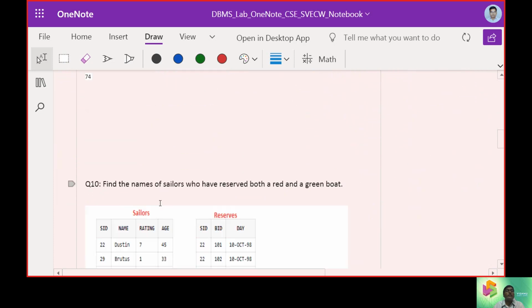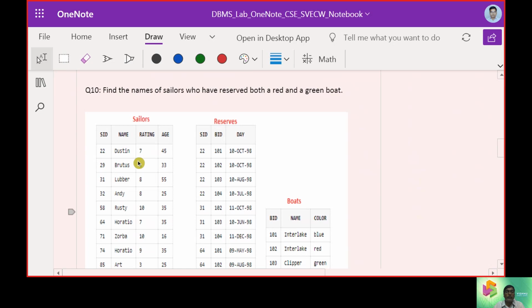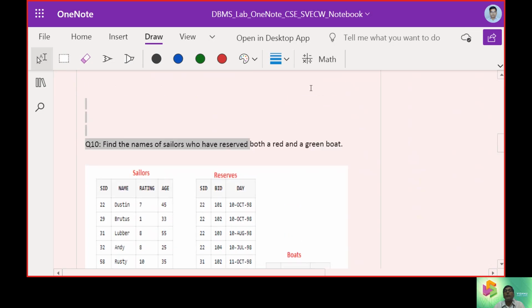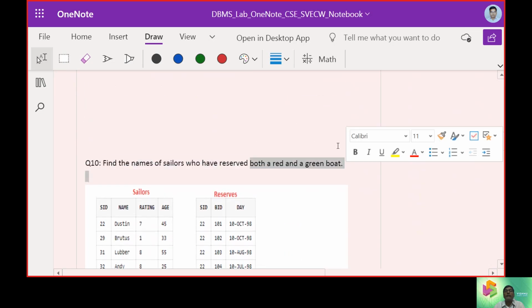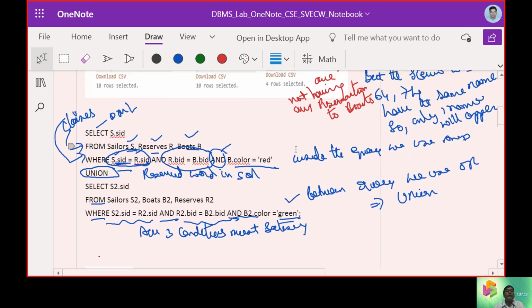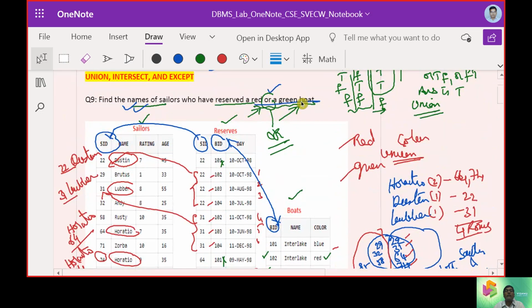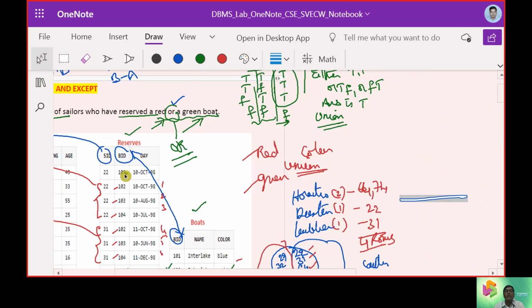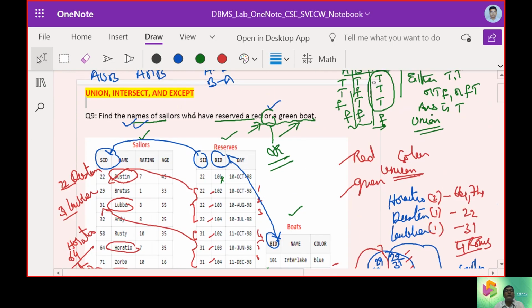Now let us look at another way of doing things: find the names of sailors who have reserved both a red and a green boat. Let us understand the question once again before we move on.